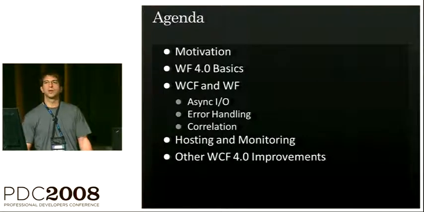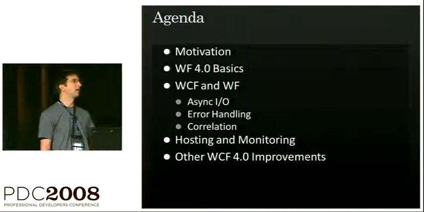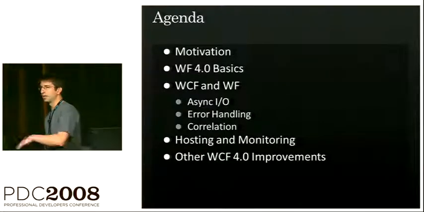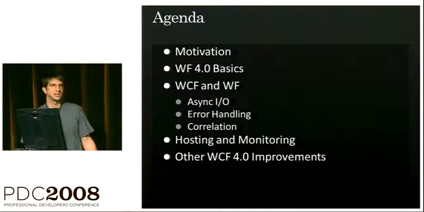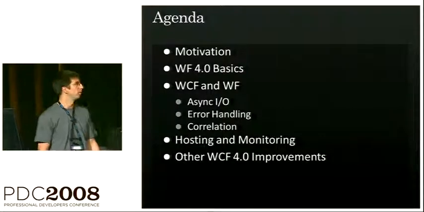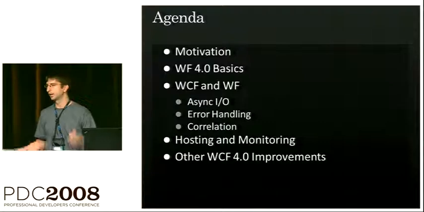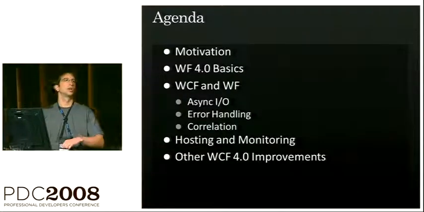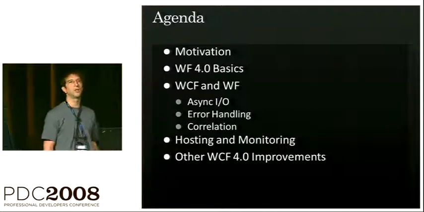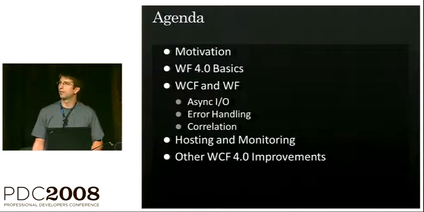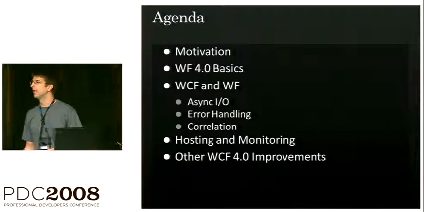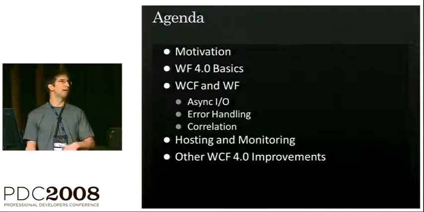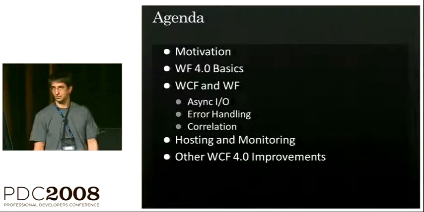The way that we're going to do that is we're going to talk about some challenges and some trade-offs that we see people making in the services they write today. And we're going to do that little tour of WF 4.0 basics using a couple of slides that you may have seen in Kenny's talk. And then we're going to dive in and talk about how combining WCF and WF pushes complex coordination code into the framework, specifically around coordinating asynchronous work, error handling scenarios, and in coordinating messages with app state using correlation.